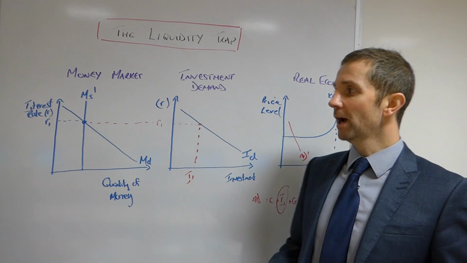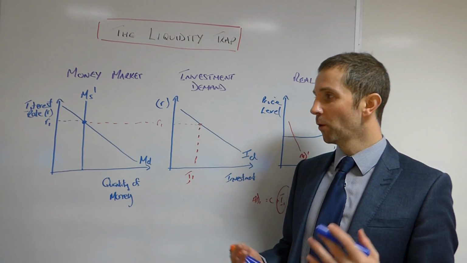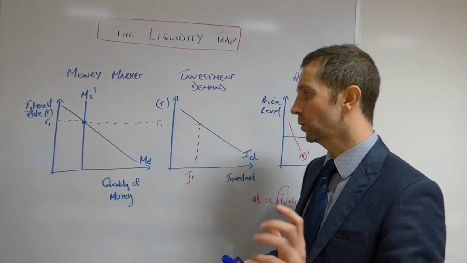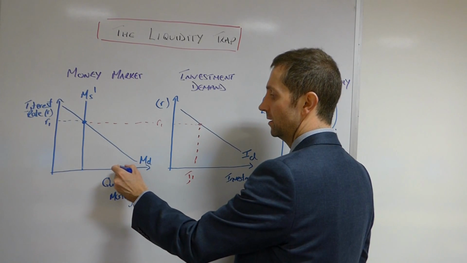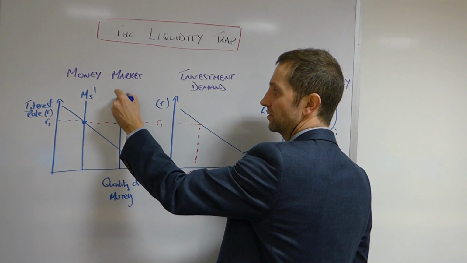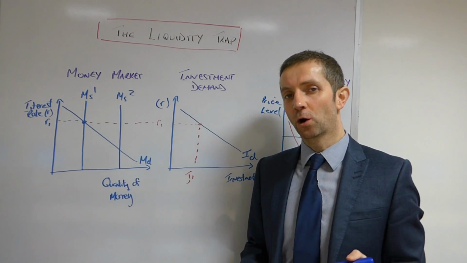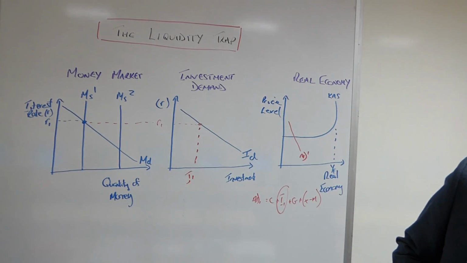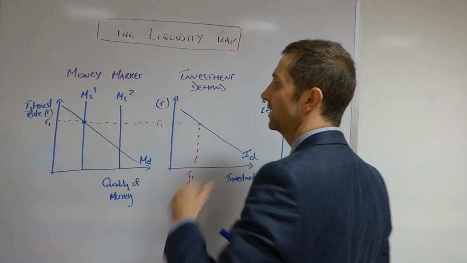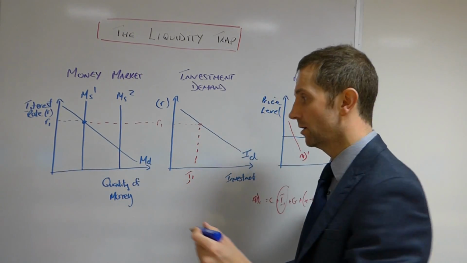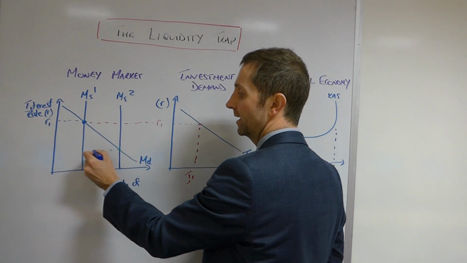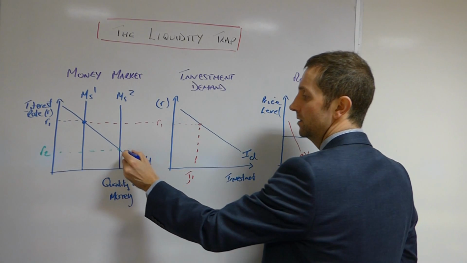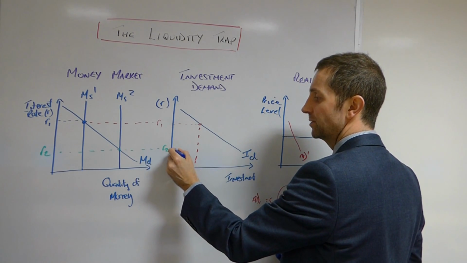Now, what would happen, and we've looked at this before, if there was an increase in the money supply? Here I'm going to shift this quite significantly to the right. Money supply increases to MS2. As a consequence, the interest rate falls. And again, because of the very significant increase in the money supply, the interest rate has fallen quite substantially too. Interest rate R2. Take that right across to investment demand,